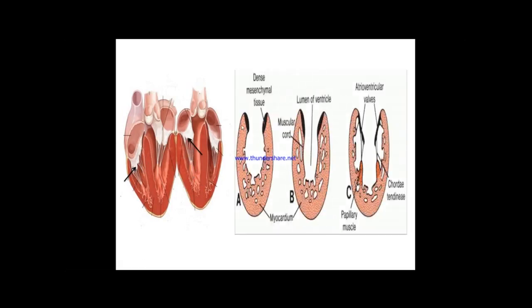So here we can see the AV valves, which are connected to papillary muscles by means of the chordae tendineae. Now initially we have the common chamber. Below we have the primitive ventricular chamber, above we have the atrial chamber, and between them we have the atrioventricular canal, and on the lateral walls of these atrioventricular canals,